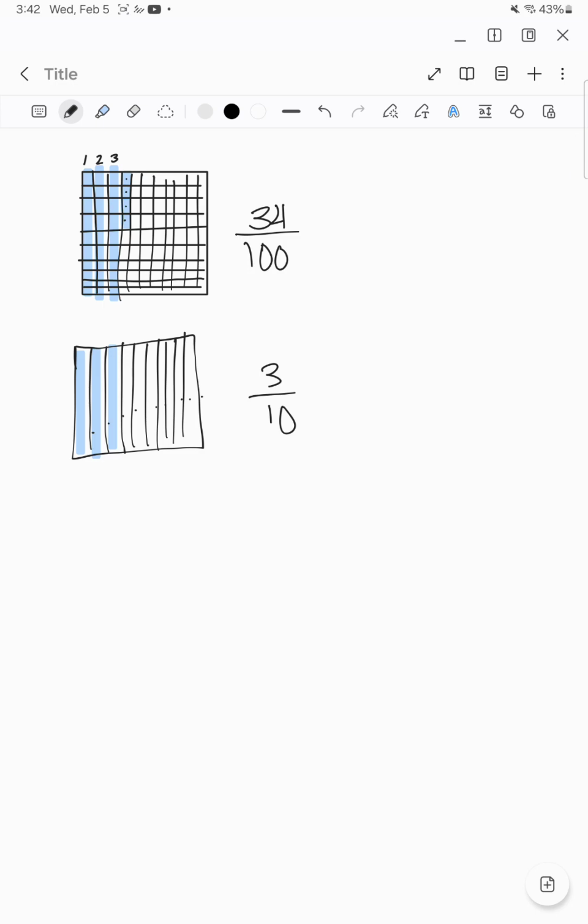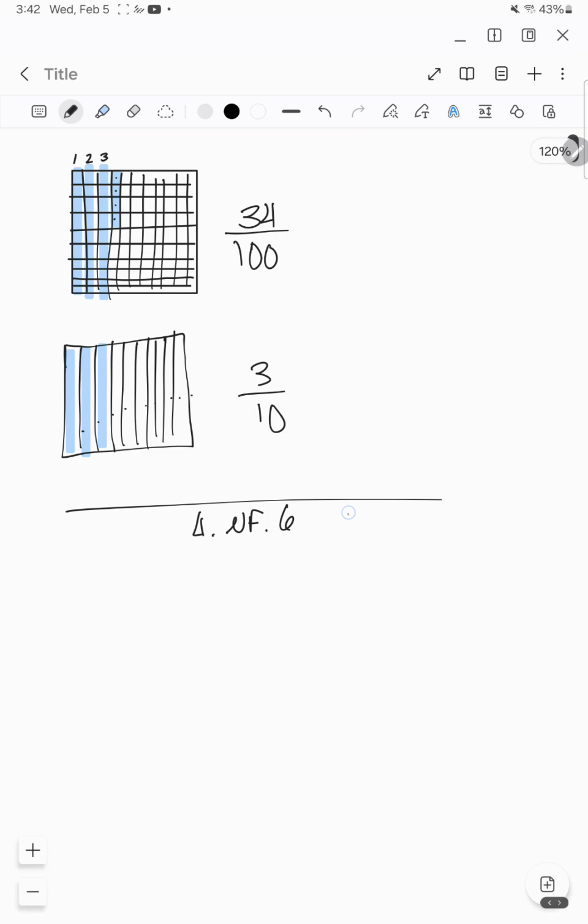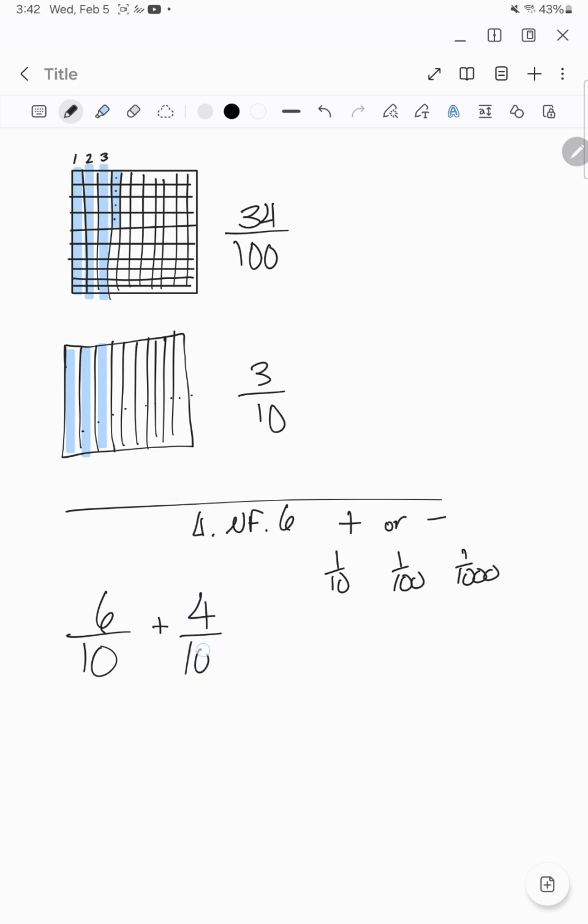Now, I do want to discuss 4.NF.6 because we talked about that as well. And this is talking about adding or subtracting your tenths and your hundredths. Or you can even apply this to thousands. Now, if I said 6 tenths plus 4 hundredths,